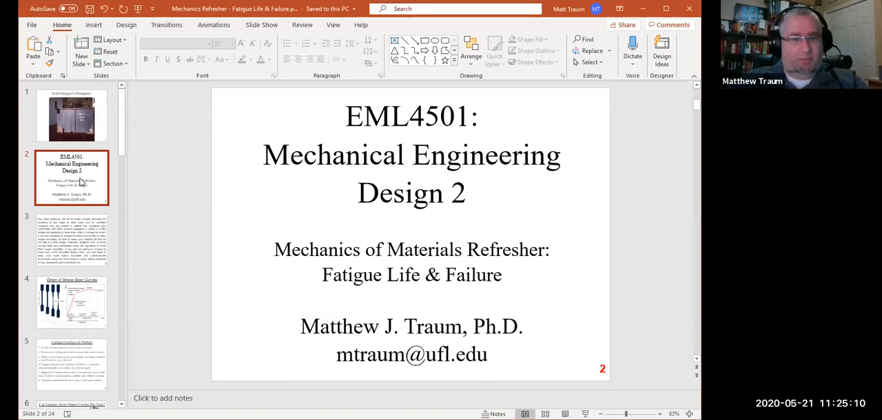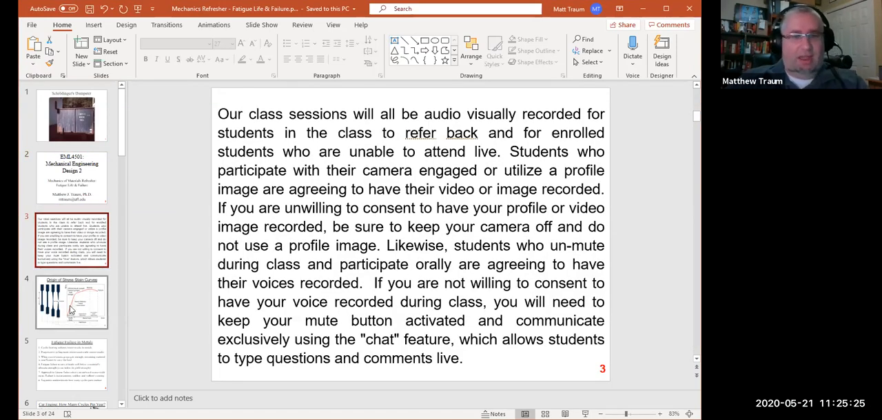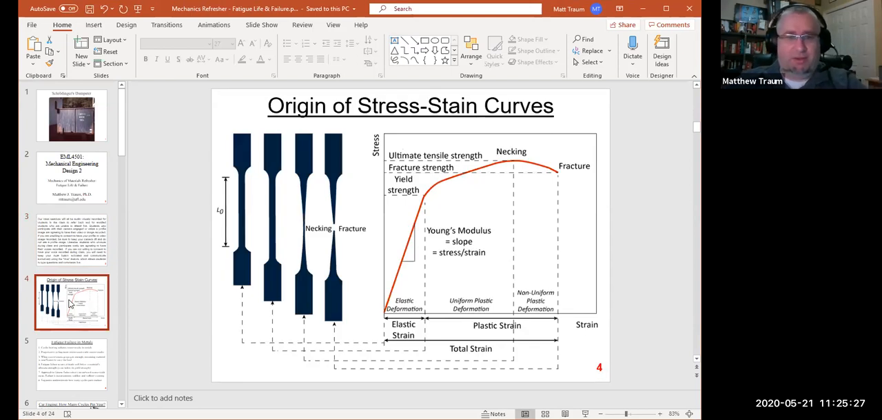Okay, so just for archival purposes, we're going to talk about mechanics of materials. This is a mechanics of materials refresher, and this is fatigue life, endurance limit, and failure. We've already done the disclaimer, and so we're going to jump right into the origin of the stress strain curve, which is kind of the precursor foundational material to fatigue life. I have already posted a video on YouTube about this,